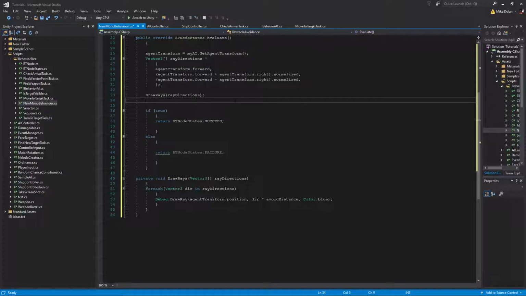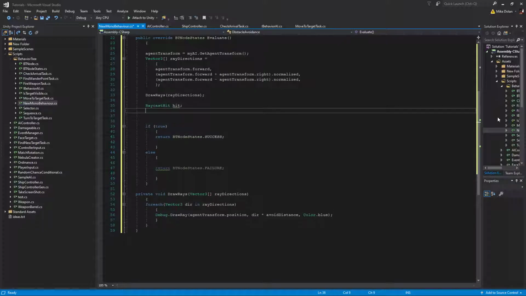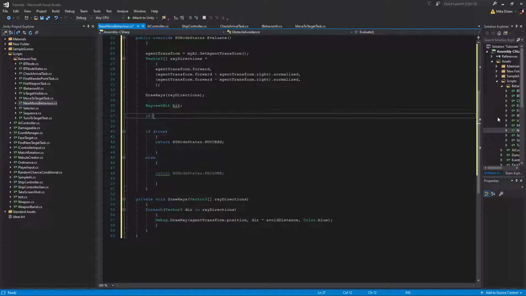Okay. Now we're going to get into the actual avoidance. Okay, so first thing we have to do is define a RaycastHit. This is going to be the object that comes out of the raycast. And then if Physics, so this uses Unity's Physics.Raycast,